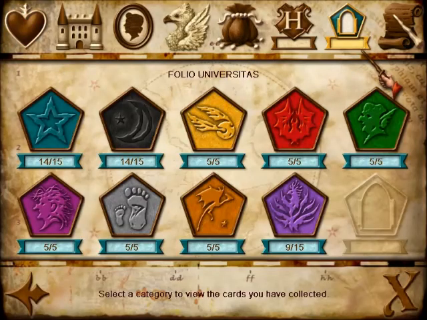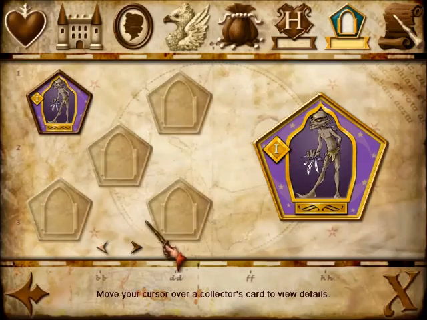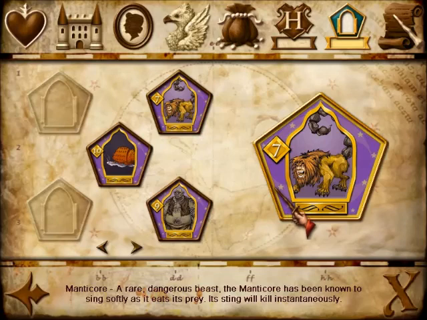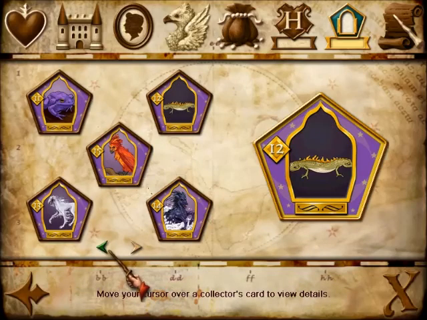So this one, let's see. Got him. We need the manticore. Manticore. A rare, dangerous beast, the manticore has been known to sing softly as it eats its prey. Its sting will kill instantaneously. Ouch. That does not sound very